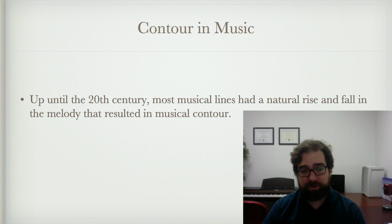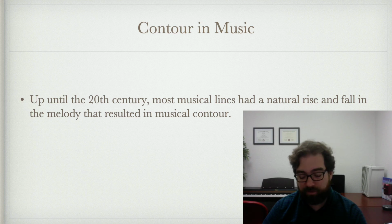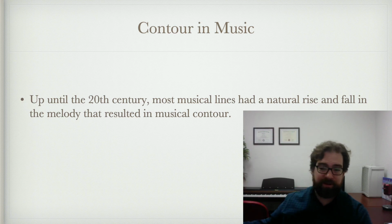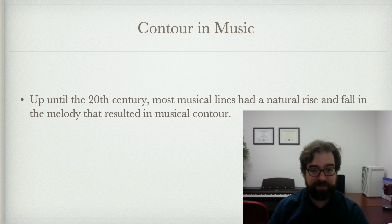So, contour. Very important part of melody. Up until the 20th century, most musical lines had a natural rise and fall in the melody that resulted in musical contour. So typically you'd have a single high point and then the melody would come back down to the original starting point. A lot of the music would be stepwise, and we'd have very few skips or leaps because